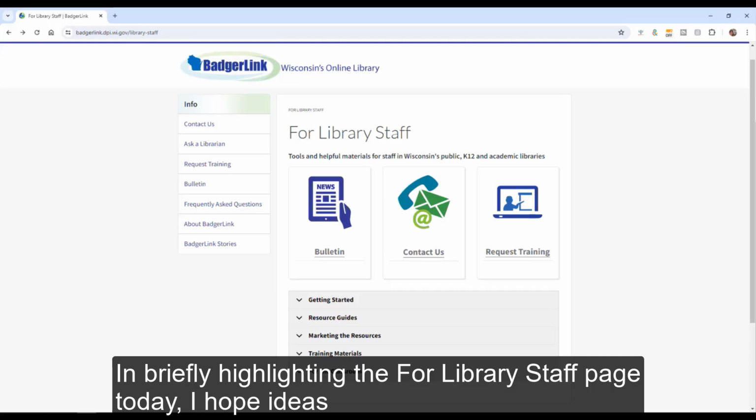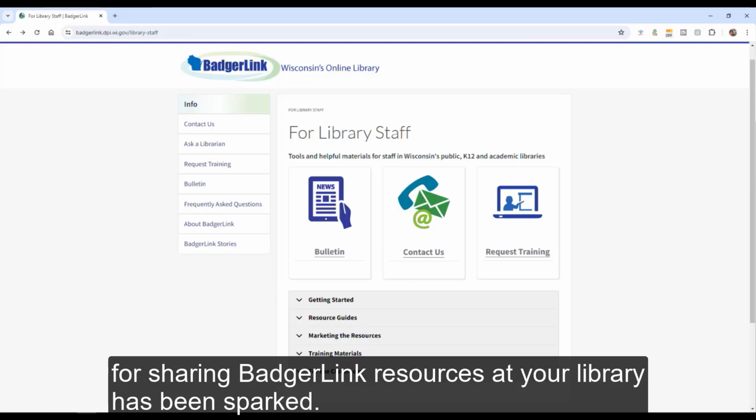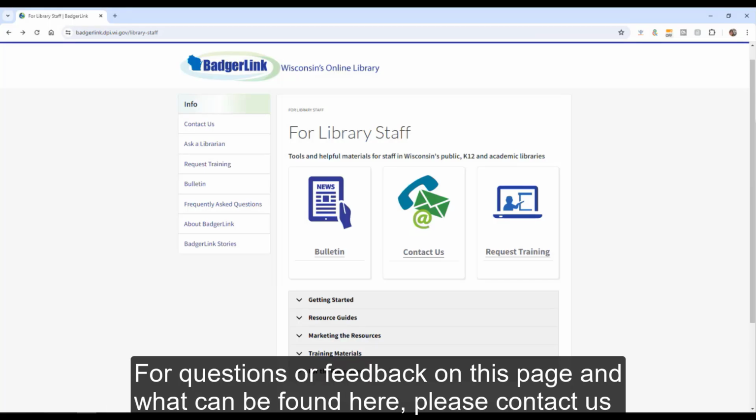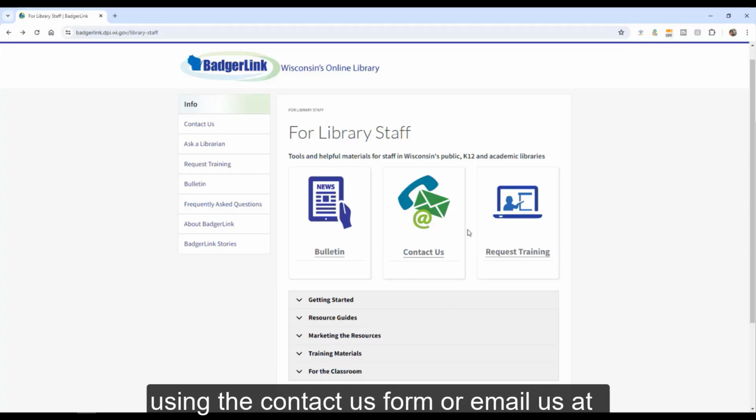In briefly highlighting the For Library Staff page today, I hope ideas for sharing BadgerLink resources at your library have been sparked. For questions or feedback on this page and what can be found here, please contact us using the Contact Us form or email us at